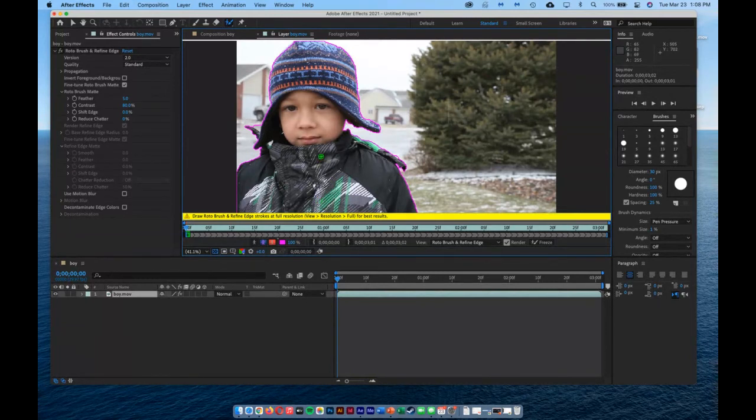If you're on a Windows computer, hold down Alt, or if you're on a Mac, hold down Option. Let me zoom in a little bit here. I'm going to go to a slightly smaller brush. And notice how it goes to red or green. Maybe that's a little too small. There we go. I'm going to go to red,